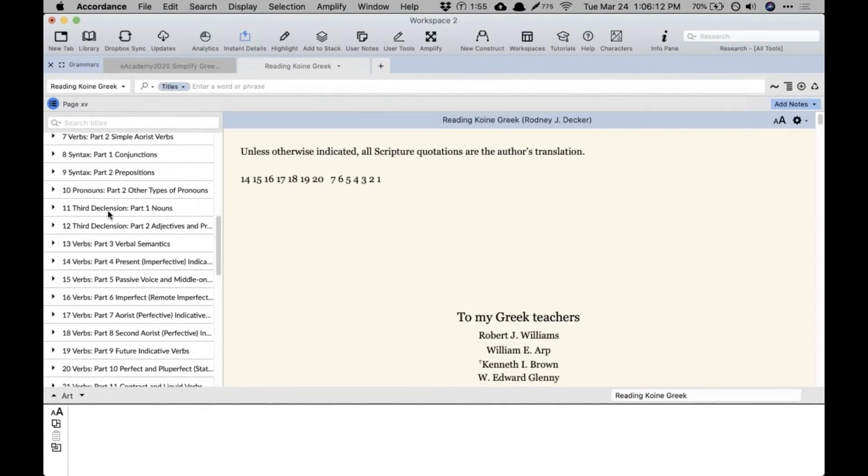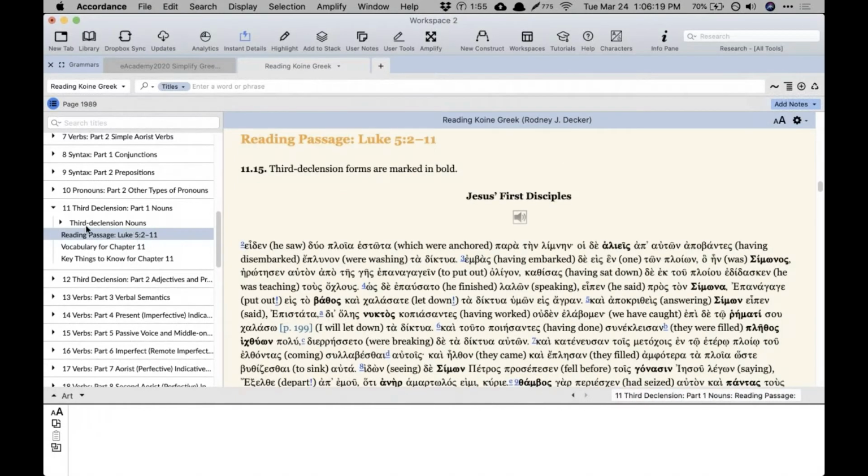Okay, here are verbs, here are prepositions, here are nouns. Okay, I'm going to jump in there. What does he say about nouns? And you can start to work your way through there. Clicking on anything here will advance you to that portion of the text. That much is probably something you could do with just about any e-reader, or if you had a Kindle version of this. But that's about where the similarities stop, because I want to talk to you about search fields in